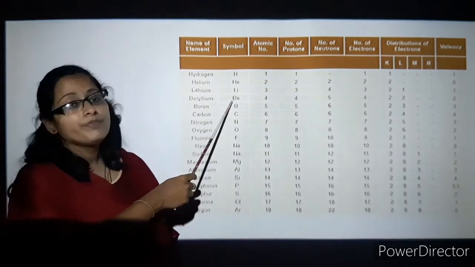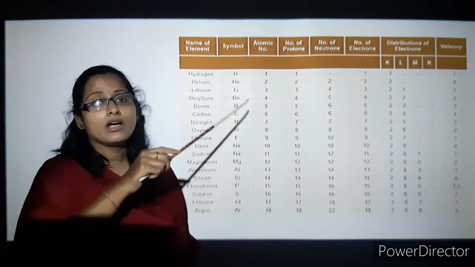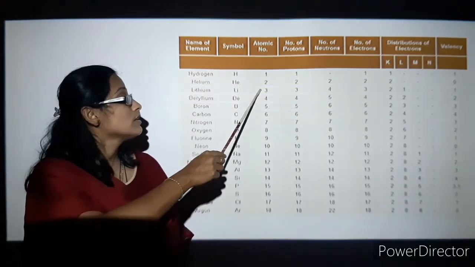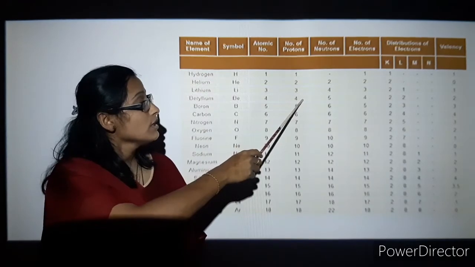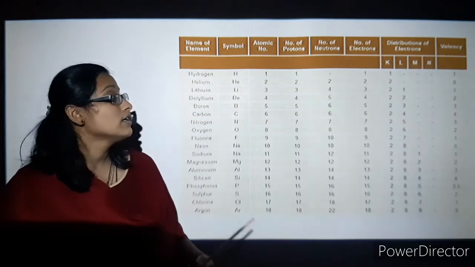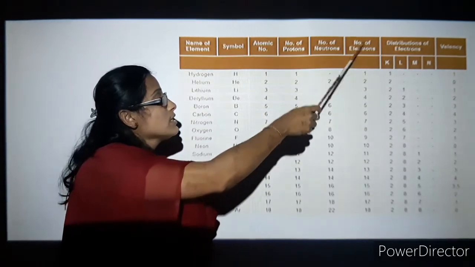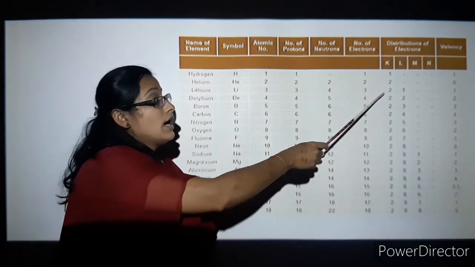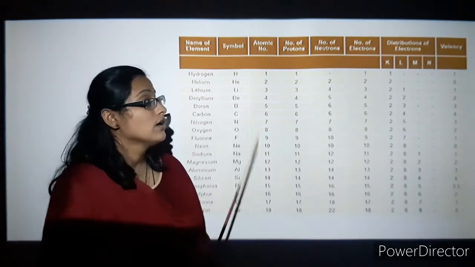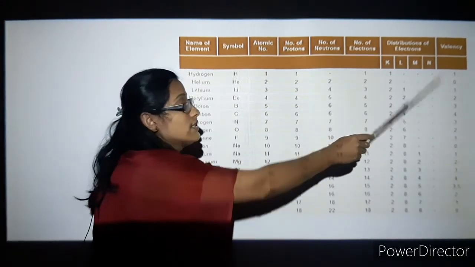So next is lithium. So lithium you can see again it is 3. So you can practice the same chart with respect to drawing of the shells and electronic configurations. So here 3, you can see that number of protons also is 3. So number of neutrons is 4. So as of now you can see that protons plus neutrons together form 4. So you can see number of electrons is 3 again. And what is in the K shell? First shell is 2, the second shell is 1. So what is your valency now? The outermost valent shell is 1 and your valency is 1.